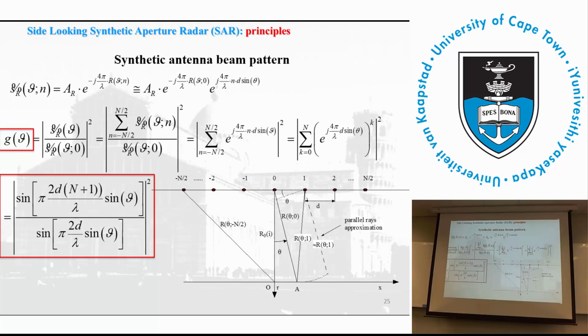This approximation is valid when the distance here, r, is much greater than the array extension. This is typically true. Your array is typically much smaller than the distance you're looking at. So under this assumption, you can split this into this, and this is an almost equal. If you then write this array factor here and do all the calculations,